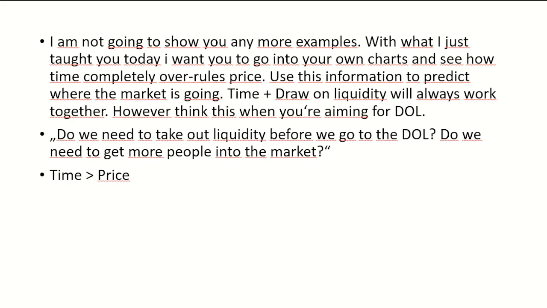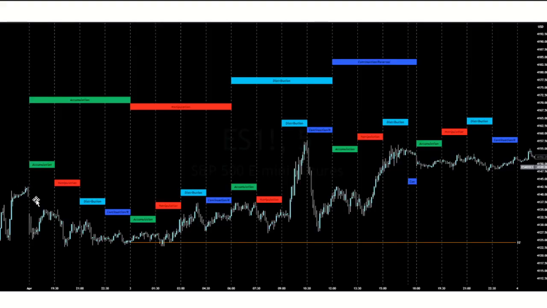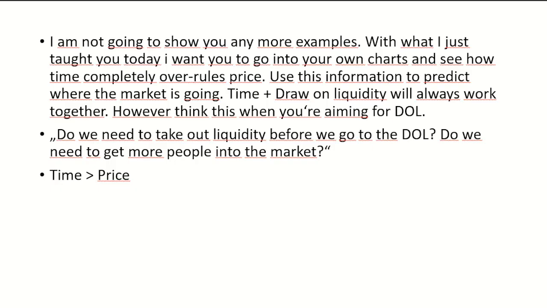So, again, if this accumulates, this manipulates, then distribution should do the exact opposite of what manipulation did. And so on, so forth. Accumulation, this one expands. Accumulation, this one expands. If this expands, this should accumulate. This should accumulate, this should expand. And so on. So, watch what the other markets did, see what it did do, see what it didn't do, and predict what the next market is going to do.